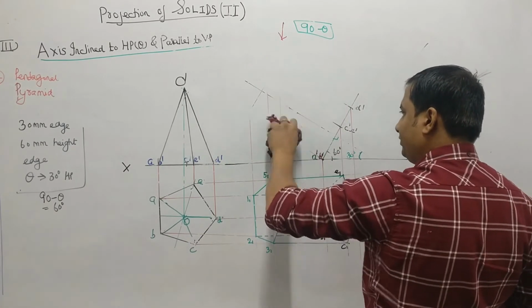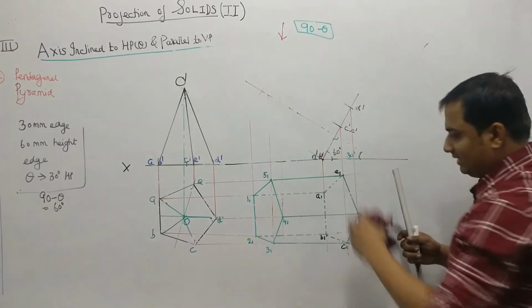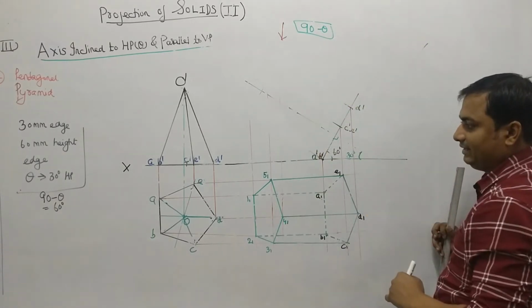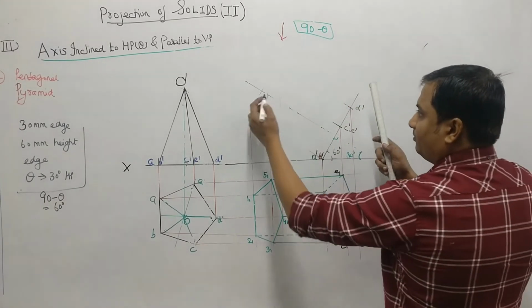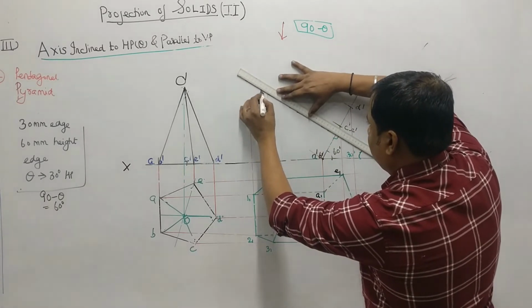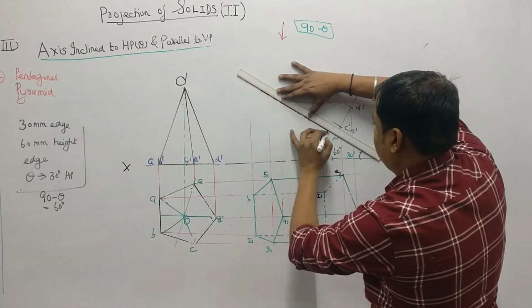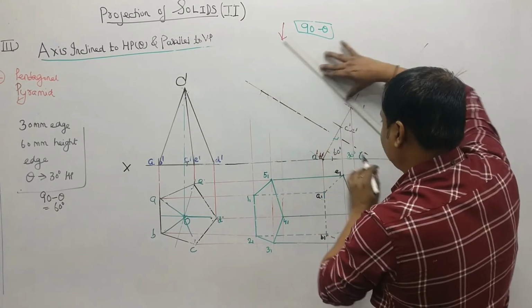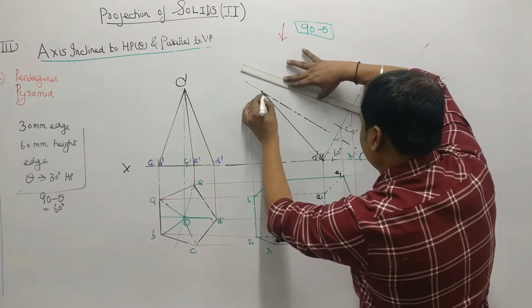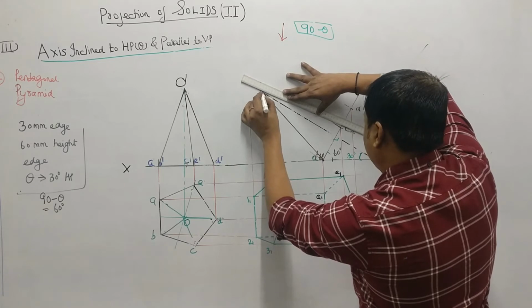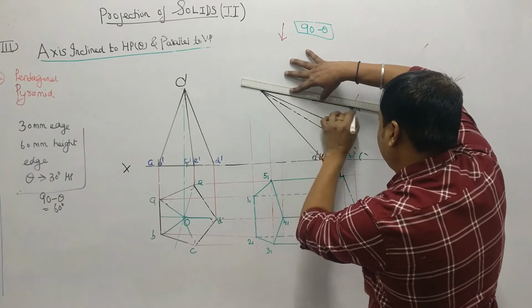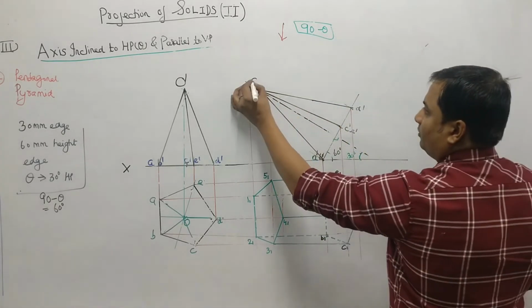I am making it here only, but we have to make it proper. First make the base at 60 degree. Take the A dash point and draw the base at 60 degree angle. Okay, then plot the axis. This is 30 degree. Then join all the edges. That should be a triangle. Okay, right? So this will be my O dash.